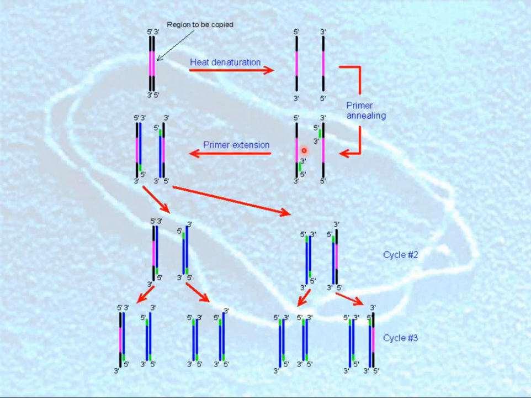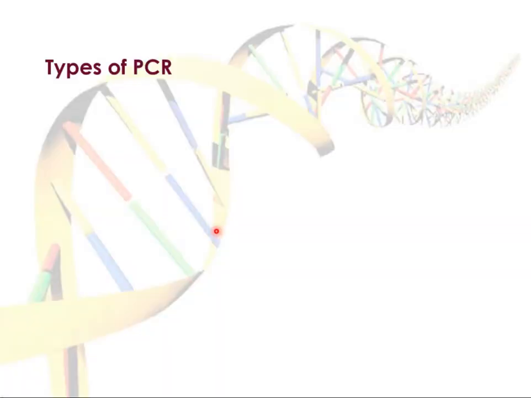Then you bring this entire mixture to 72 degrees. This Taq polymerase will add a new strand, and then you carry out this process again and again. So multiple copies of the region of your interest will be generated. So it's a molecular photocopier. Usually, when you do PCR, you take the region of your interest, you have your primer, and you amplify a single region. That's a PCR.